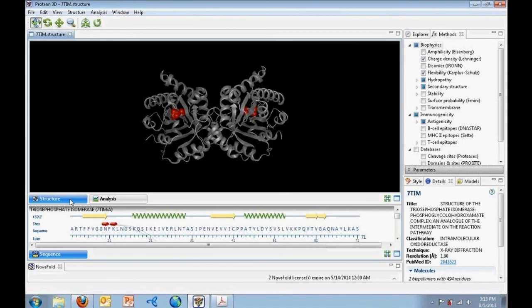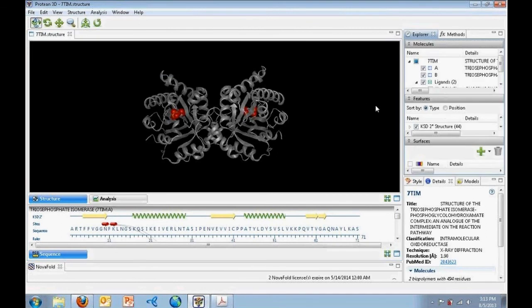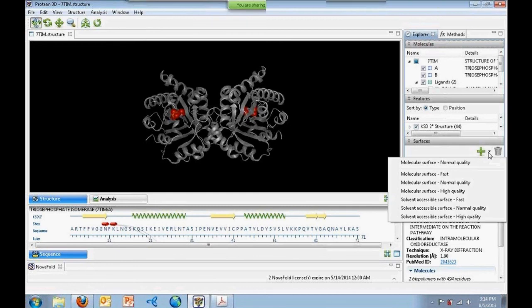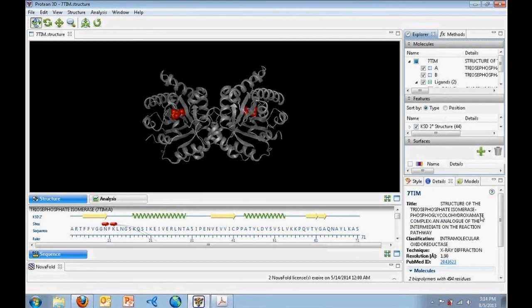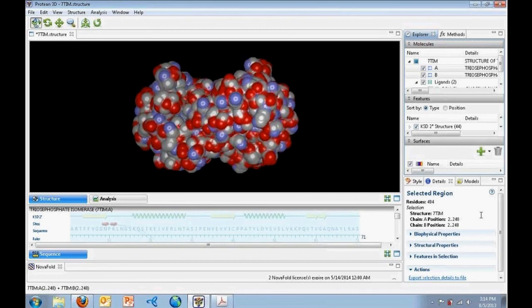And the first thing I'm going to want to do is open up the Surfaces panel, which I can do by selecting View, Explore, Surfaces. We can see that the Surfaces panel opened up right here in the side. So from the Surfaces panel, I'm going to want to select the Create a Surface icon, and we're going to go ahead and create a high-quality solvent-accessible surface for this workflow. We can see that this has selected the entire structure here